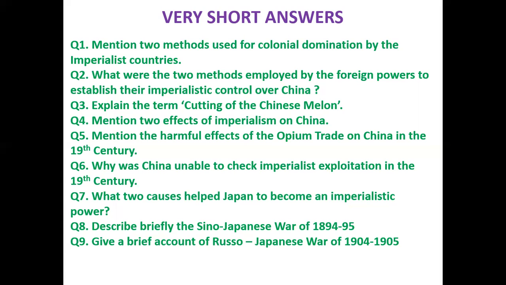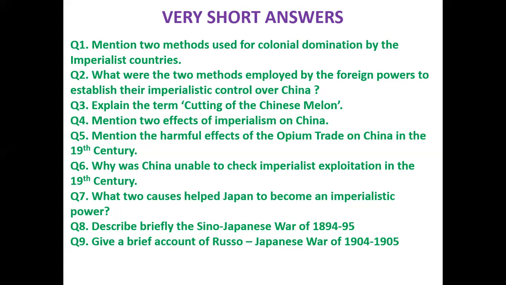Japan defeated China in 1894, and her weakness was then exposed to the whole world, and this tore China to pieces in no time. To pay huge amounts of war indemnity to Japan, China was forced to borrow money from different imperialistic nations, and so she fell prey to the lenders who tore her to pieces like wild vultures. So it was a very sad thing.